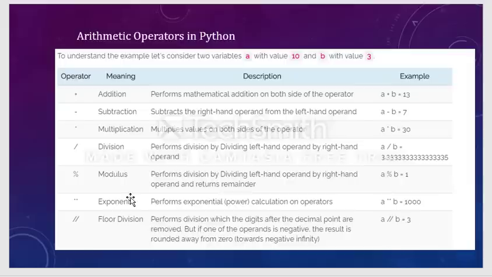That is a different operation that is used in Python. When I do 10 double slash 3, usually I would get 3.333 something as the answer. In the double slash operation, it is called floor division. That means we are taking only the floor part, rounding the value to the floor. You might have learned about floor and ceil.